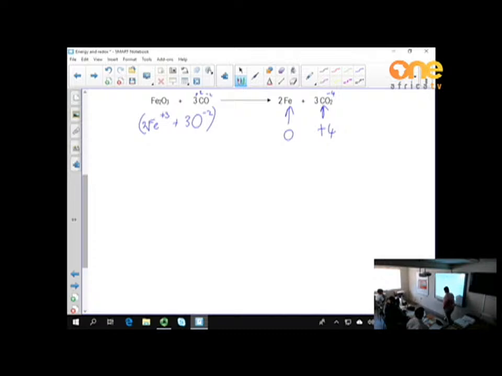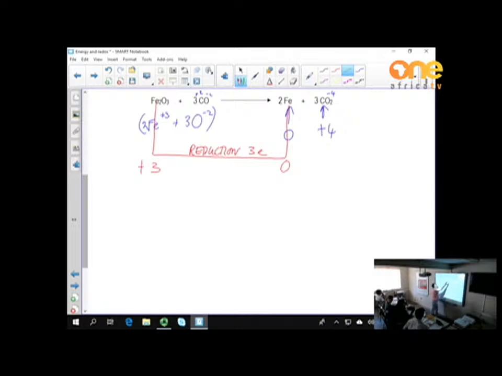So now, can you see that the iron goes from +3 to 0? What must anything do to go from +3 to 0? Gain 3 electrons. Remember, electrons are negative. So, what do we call the gaining of electrons? Reduction. Okay, 3 electrons. But if we look at the balancing,